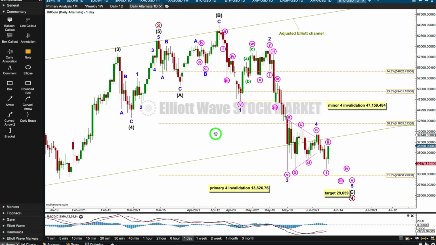Now the reason why I'm going to consider double combination rather than, well, it can't be a zigzag because this is a flat, because B has moved beyond the start of A. B is over a 1.05 length of A, and so this is an expanded flat with a really long extended C wave. I don't want to label primary 3 over at this high, because from this low to this high,